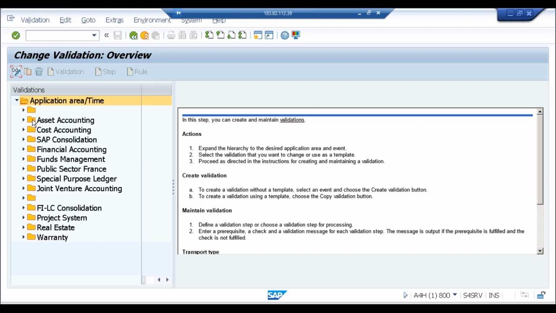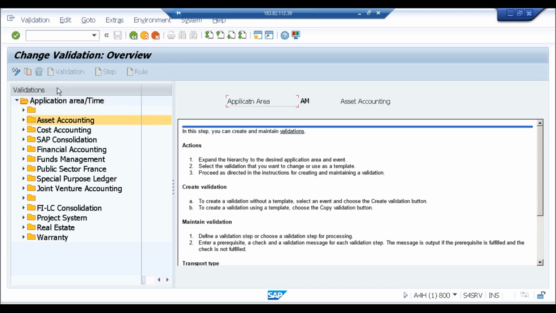I think the transaction code is correct. Yes, I need to select this and then it will allow, I think. Okay, let's do that. So validations, I want to create these validations at the financial accounting document, right? So don't worry about all others. These are other modules. But if I go to financial accounting,